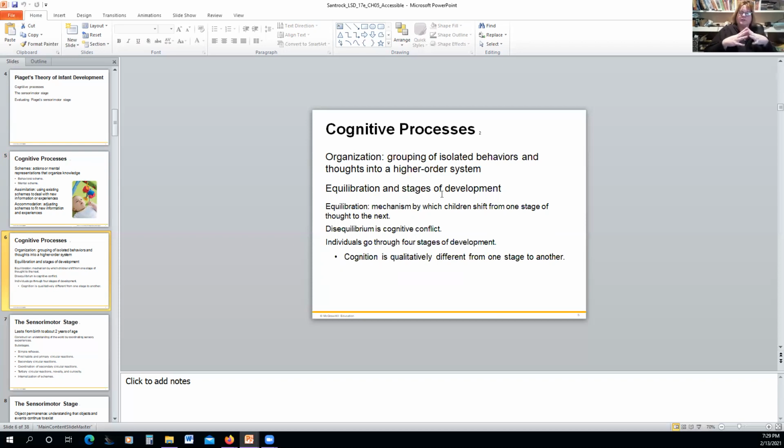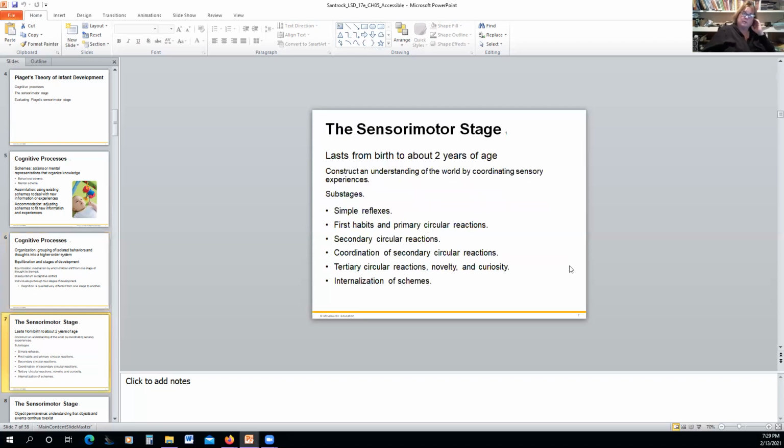Piaget is very, very strict that there are very specific ages and stages, as you will see with the sensorimotor stage. The sensorimotor stage is from birth to 2 years, and it starts off with simple reflexes. And then first habits and primary circular reactions, secondary circular reactions, coordination of secondary schemes, tertiary circular reactions, and internalization of schemes. And when you read about these, you'll see that there are very specific ages that go with each one of